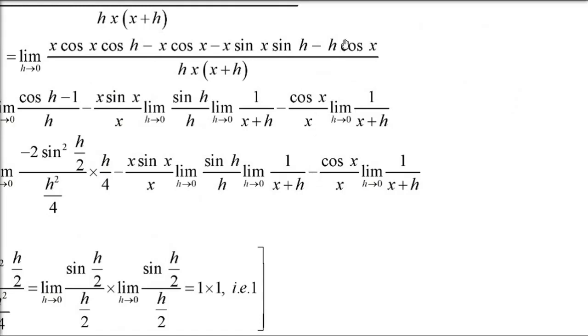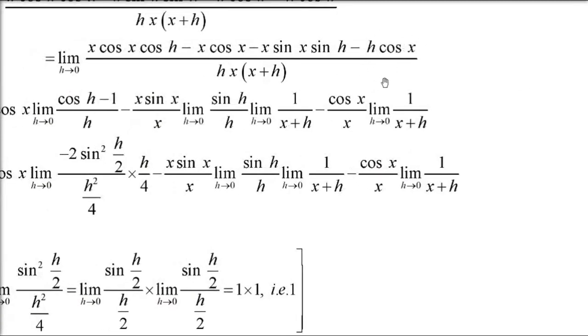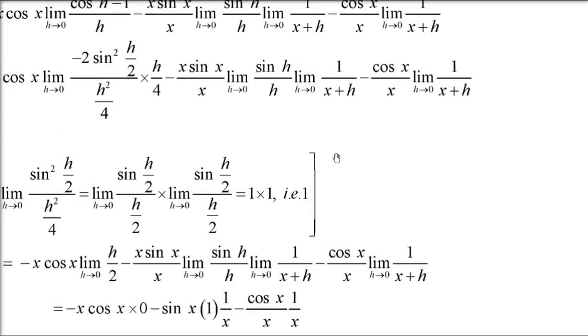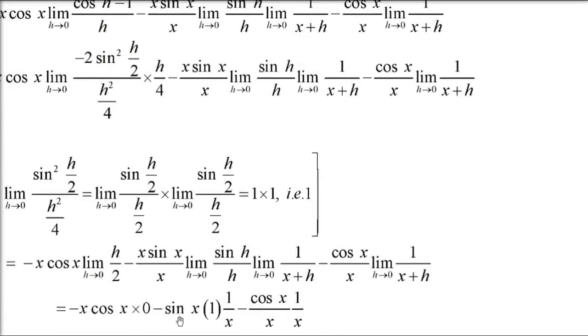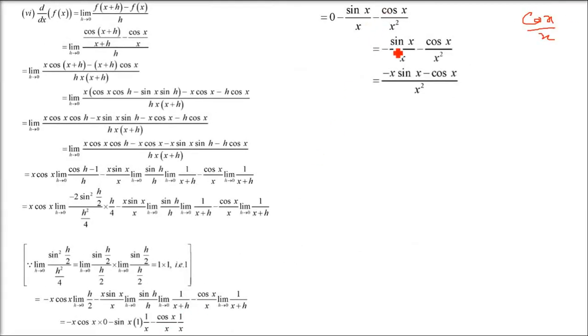Coming to this one, cos x by x, h cos x. So cos x by h, x plus h. h gets cancelled. Cos x by x into x plus h, that is h is 0, so x square. So cos x by x square will come. So now you have sin x minus sin x by x and here cos x by x square. So you can take the LCM. This is the final answer.